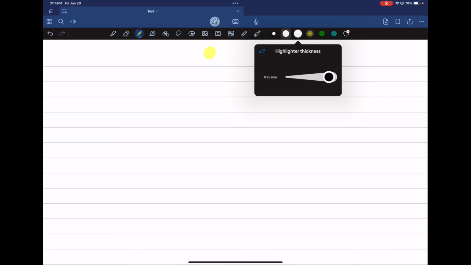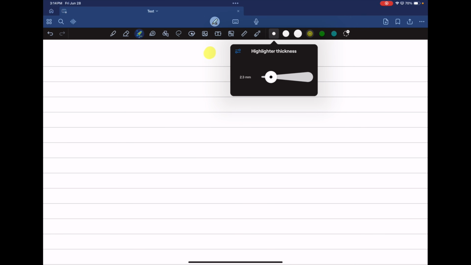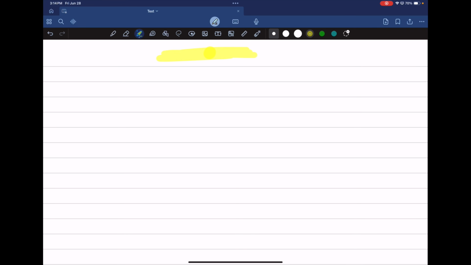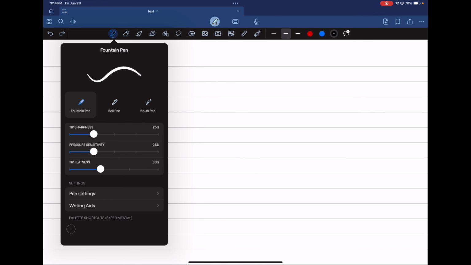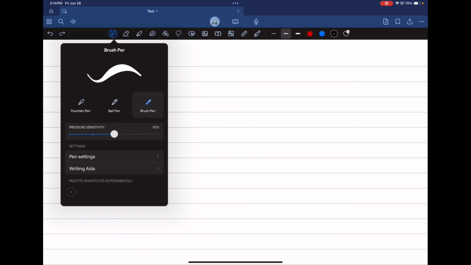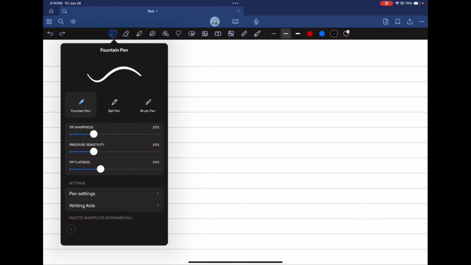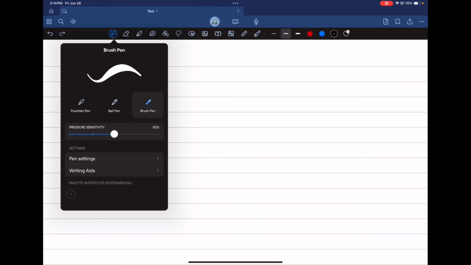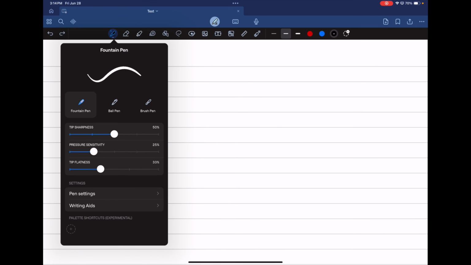And then these sizes are completely adjustable, just like the pen, so you can get really fine-tuned to whatever size you want the highlighter to be. And then just really quick again with the pen, these are your 3 different kinds of pens: fountain pen, ball pen, brush pen. You can kind of see a preview of what type of strokes you're going to be making. So then when you're in some of these pens, you can also further adjust how pressure sensitive they are for the brush pen. And for the fountain pen, you can adjust the tip sharpness and the pressure sensitivity